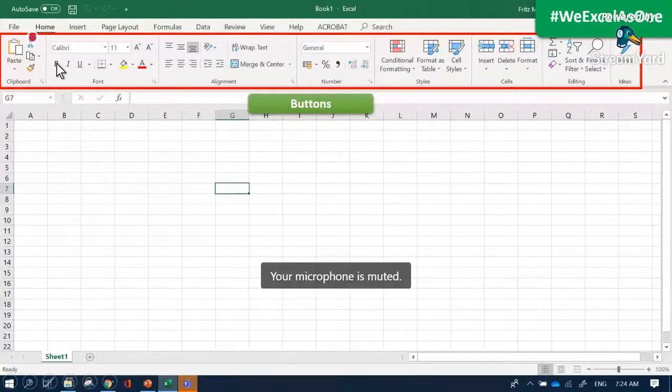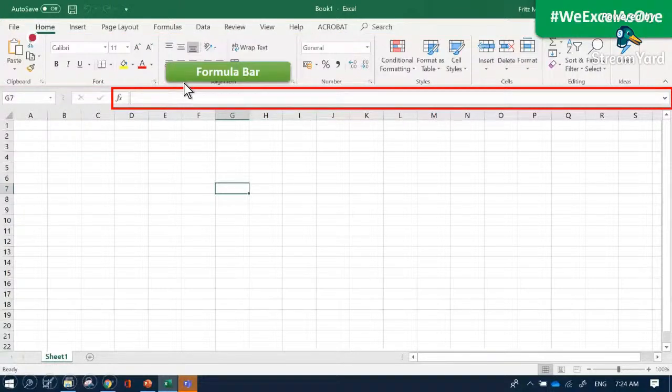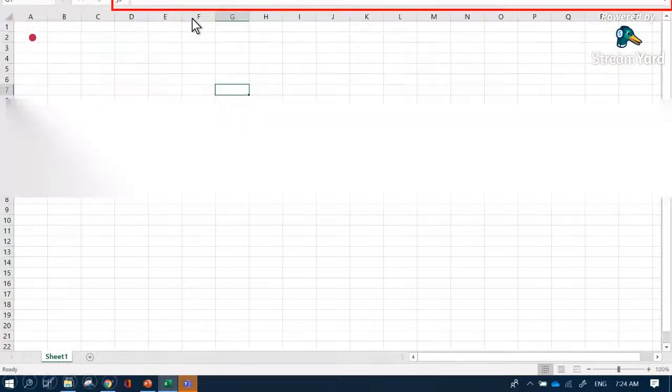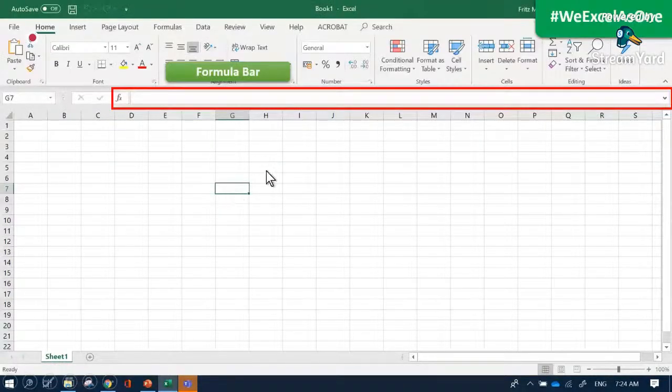So these are the groups of functions or buttons under tabs. Next part is the formula bar. And we all know that the formula bar is a toolbar at the top of the spreadsheet. So this is our spreadsheet, the one with the columns and rows, or the table. And at the top of it is the formula bar, and it is used to enter or copy an existing formula into the cell or charts. So this is where you put your formulas or any data you want to type in to be put in each cell.